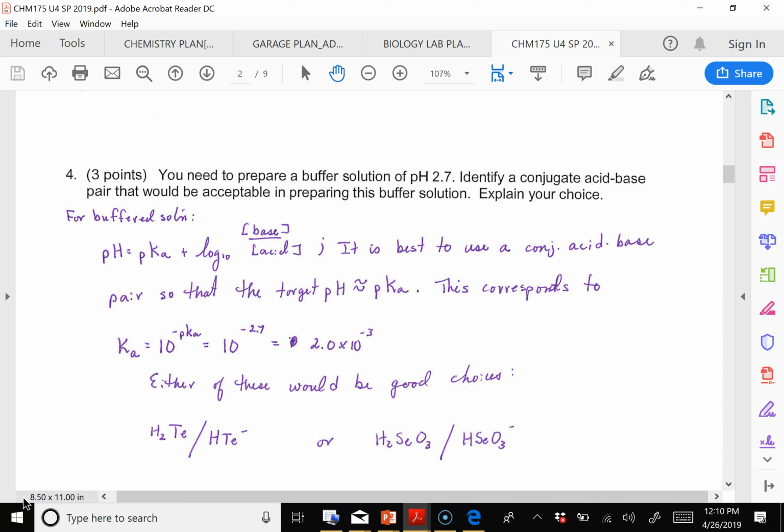So you can look at your options there, and I picked a couple. I don't think I wrote them down here. But what I did was ask, what Ka are we after? We can get the Ka by taking 10 raised to the negative pKa. So 10 raised to the negative 2.7 power is 2.0 times 10 to the negative third. So for these pairs, if you look up H2Te and H2SeO3, you're going to find that the Ka is ballpark, the closest I can see. Okay, so